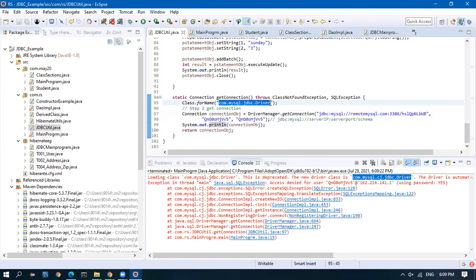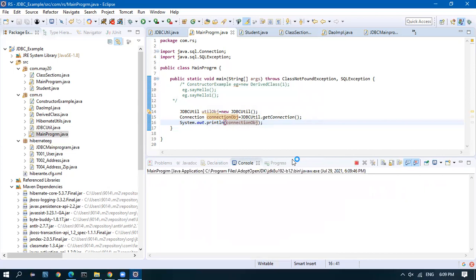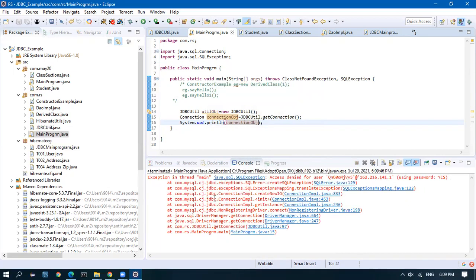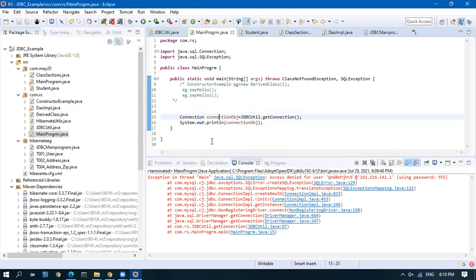I'll leave it here, not an issue. I'll try to rerun. Okay, access denied for user. Are you creating two objects here, a connection object and a util object? The util object I'm not using. You can delete it. I am retrieving the connection object which is returned by the util. I'm holding it. Okay, access denied.